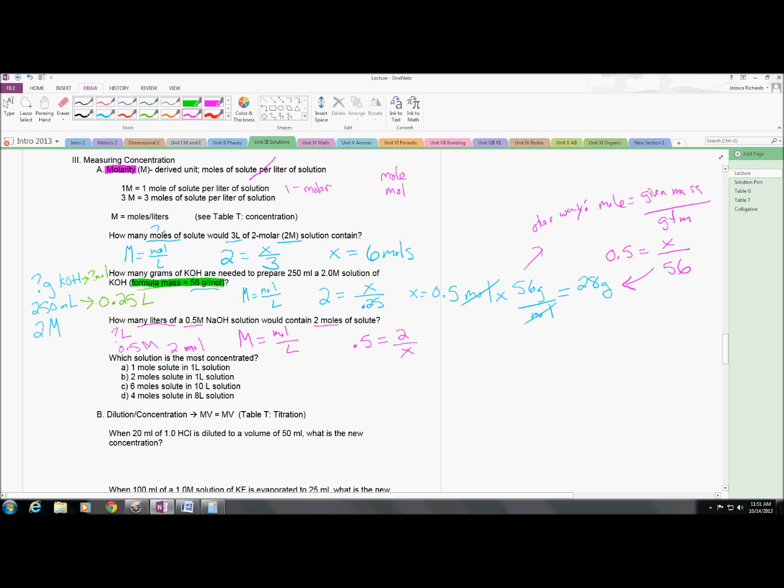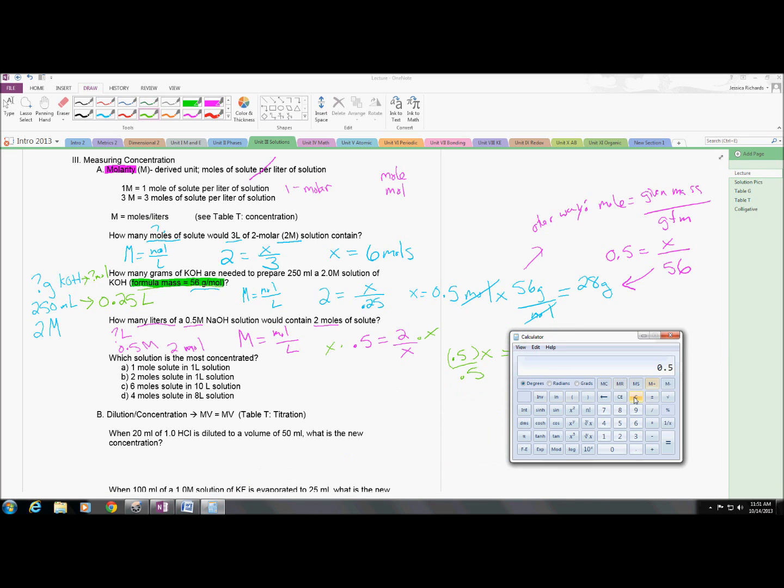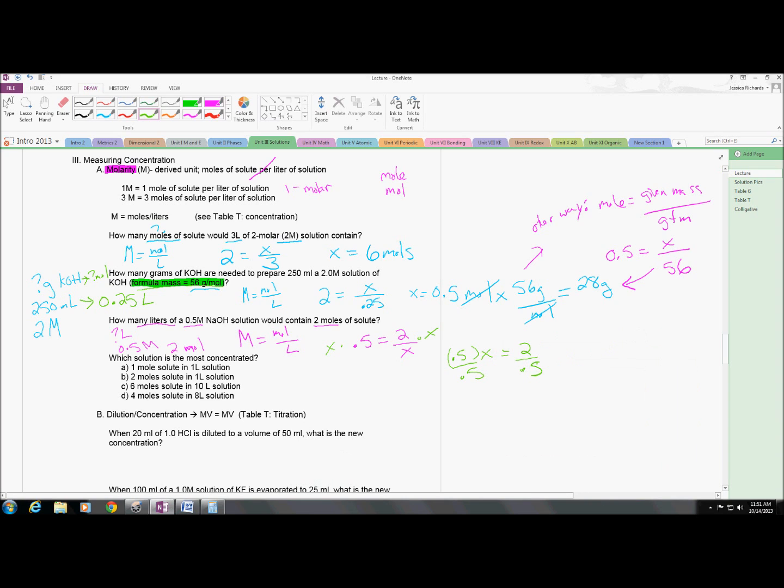The only thing you have to be careful of here is people automatically want to say that this is 1, but you have to watch your algebra. So we got to get that x out of the denominator first. So what I really have is 0.5x equals 2. So I'm not multiplying by 0.5, I'm actually dividing by 0.5. So remember here, I have 2 divided by 0.5, which is going to be 4,